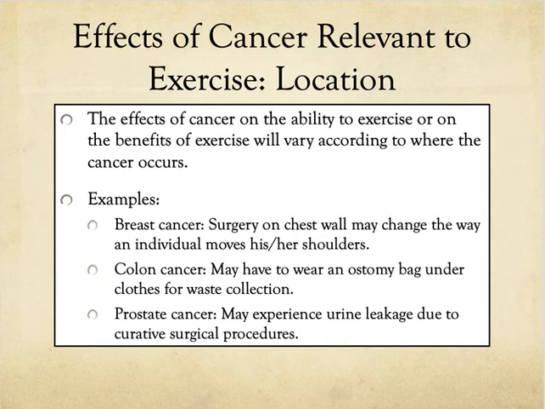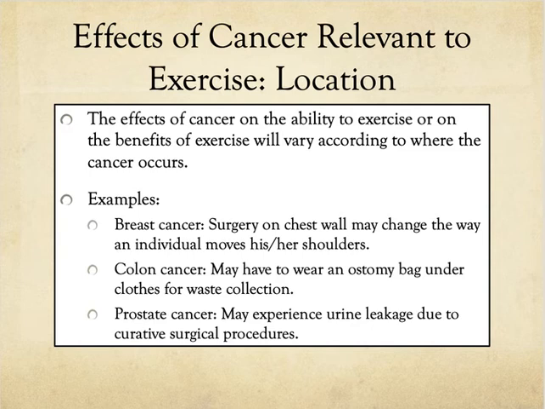The effects of cancer on the ability to exercise or on the benefits of exercise will vary according to where the cancer occurs. For example, if a woman who had breast cancer treatment had surgery on her chest and may have elected to have reconstructive surgery, both surgeries result in changes in the way she moves her shoulders and upper body. In contrast, a colon cancer patient may have had abdominal surgery and have a temporary or permanent alteration in